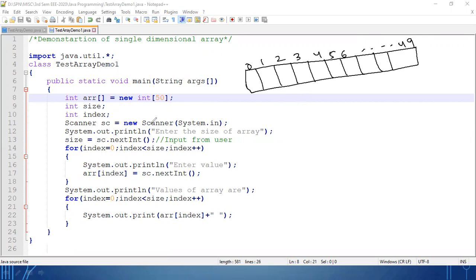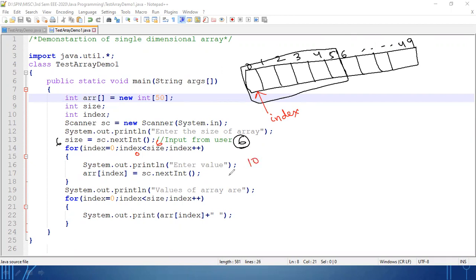Now you are asking the user what is the size of array actually you want to operate. Suppose I have taken here 6 as the size value. Okay. So that means 0 to 5, this much actually I want to use. Done. Now index equal to 0. So index is currently pointing to 0. Okay. 0 less than size. What is the value of size? 6. 0 less than 6. True. Enter. You are asking the user enter value.